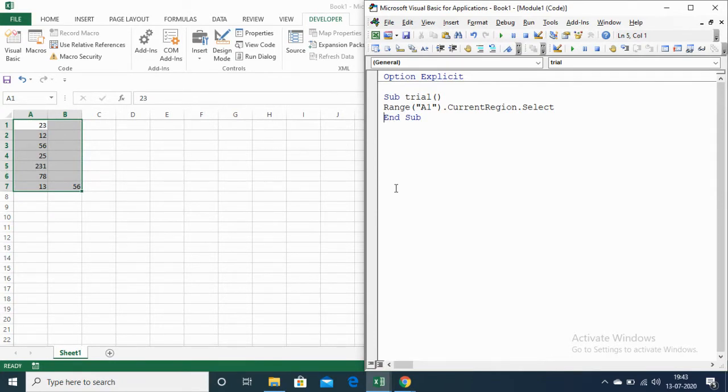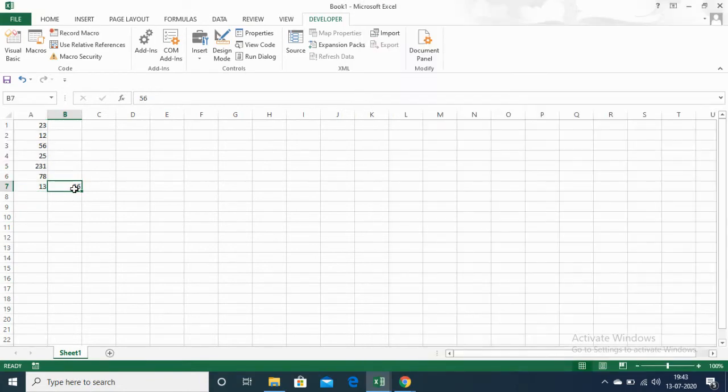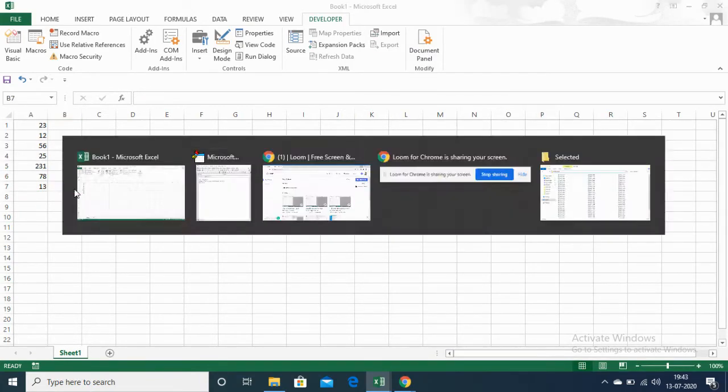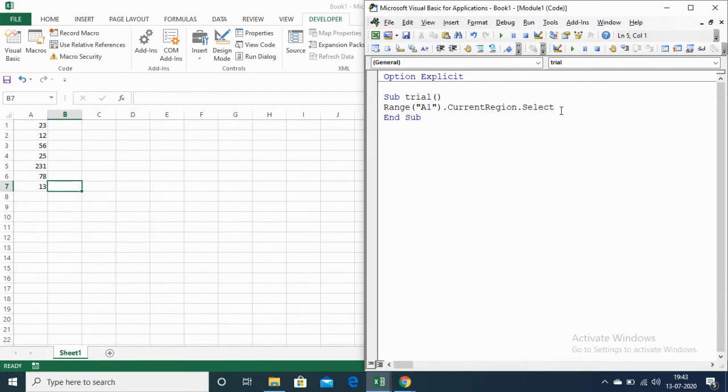Now let me take an example. Let me write a program which will color the maximum value of the dynamic range. So for that first let me remove this, and the objective is to color the maximum number in the given range.